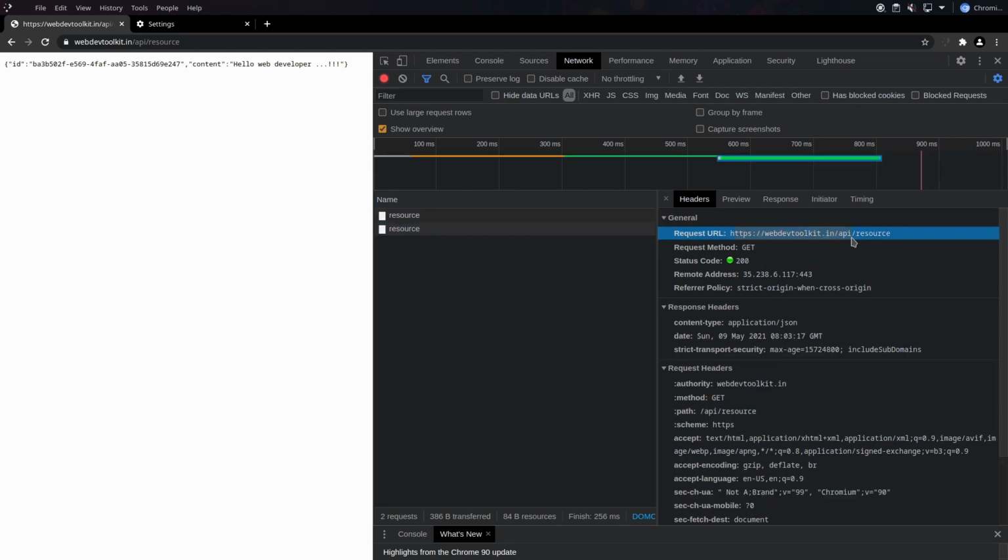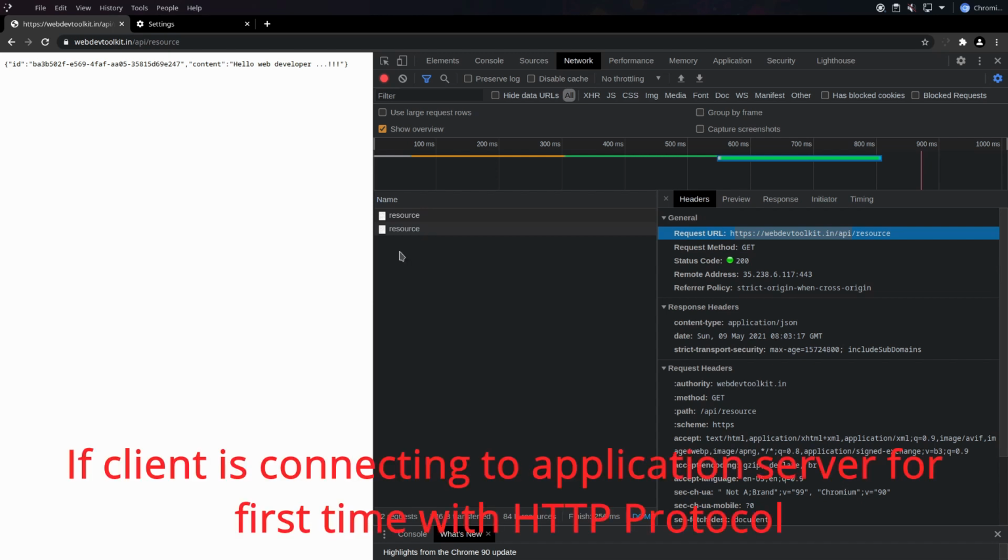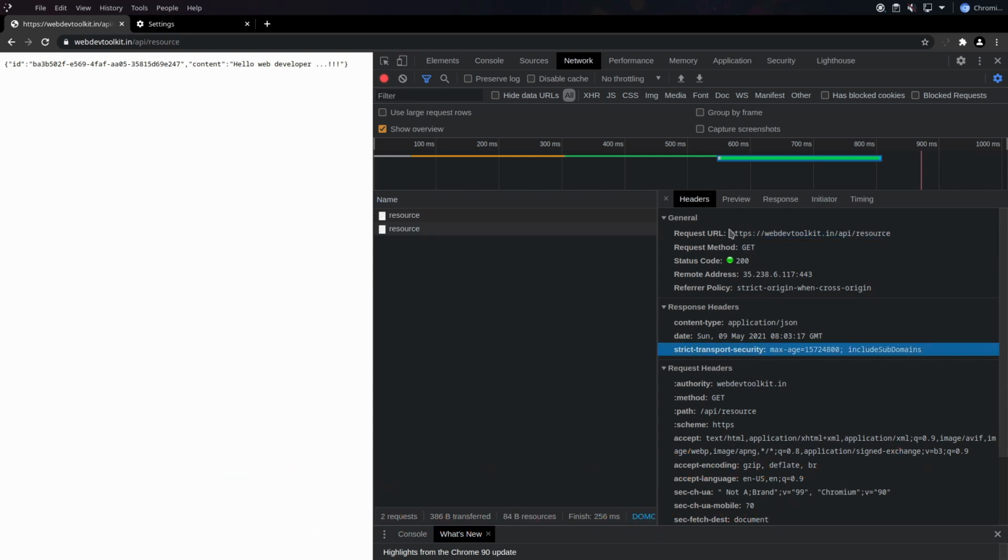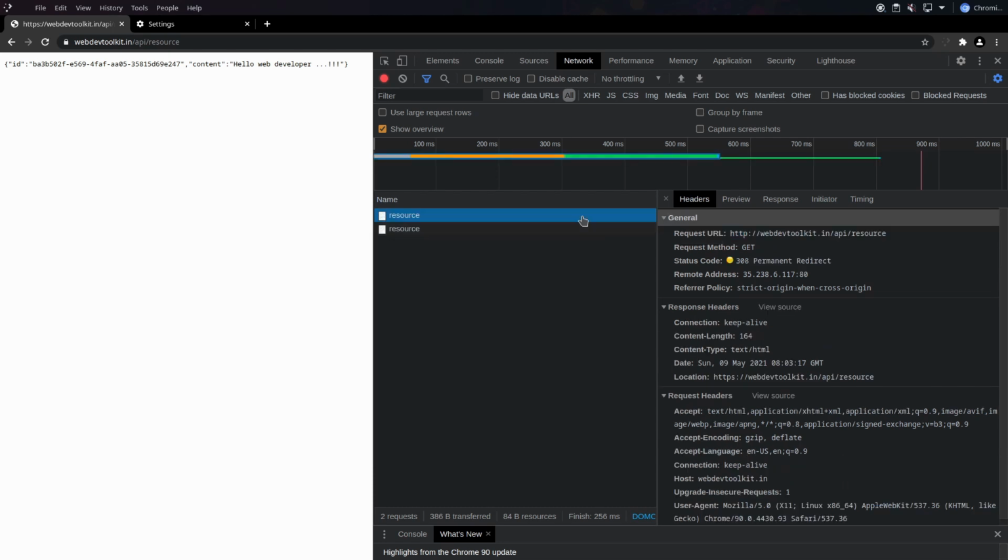Do you remember in the theory session when I mentioned that HTTPS protects us from stealing user credentials, man-in-the-middle attacks, session hijacking attacks or protocol downgrade attacks? But there is one edge case scenario for it, and this is what I was talking about. If the client is connecting to the web server for the first time, the first call will go through an HTTP connection. The server will get the request and respond with a 308 status and a new HTTPS link. After that, the browser automatically redirects to that new HTTPS link. But the hacker gets one minor window to perform any of these attacks.